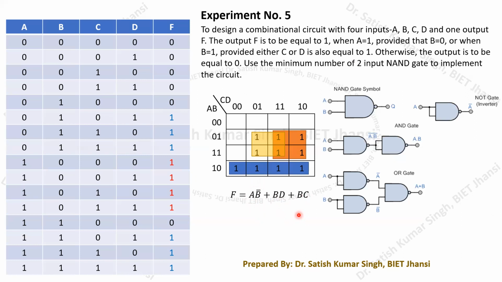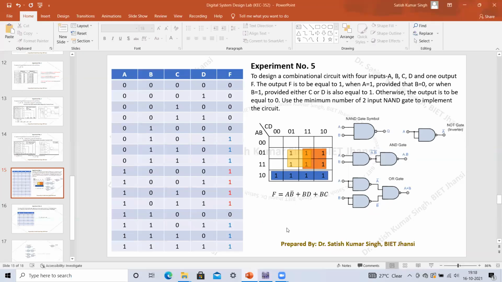You remember that we have to use only the 2 input NAND gate. So let's see how this circuit can be implemented with this basic idea. I'm doing this implementation on Multisim, so you can look at how it can be implemented. It can be easily implemented on Multisim, so let's see how it can be implemented and how we can verify the circuit.